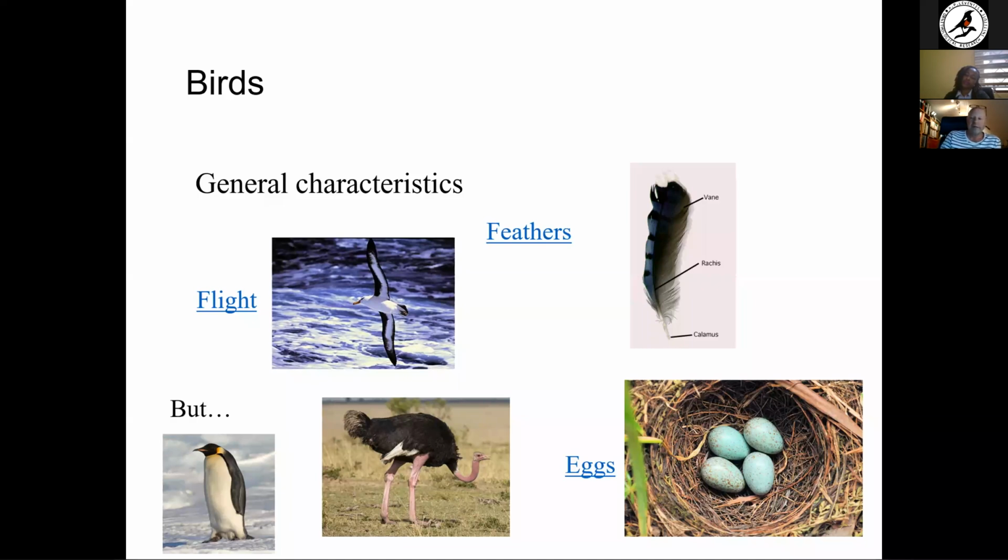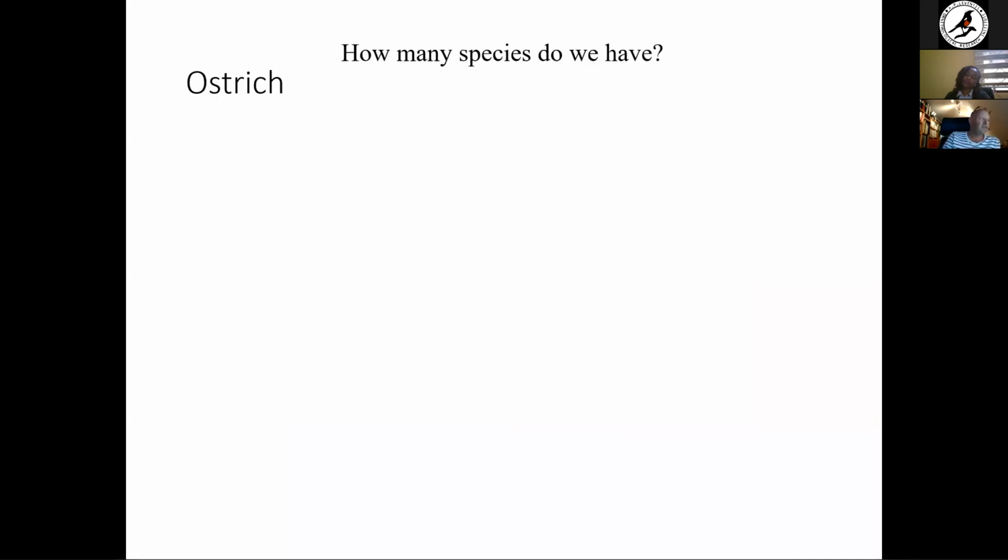But let's talk a little bit about ostrich first. How many species do we have in Africa? Anyone? We know that we used to have one in Nigeria. This is the one we have here. Unfortunately, it's not there anymore. The last place it used to be regular is Sambisa, which